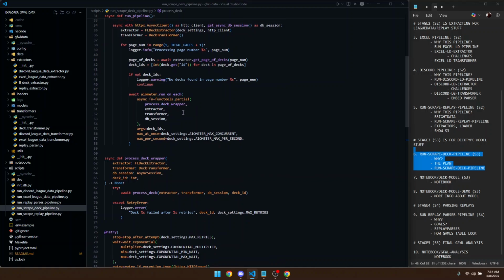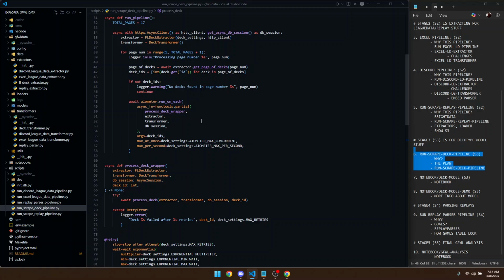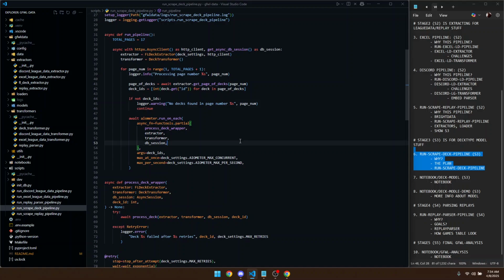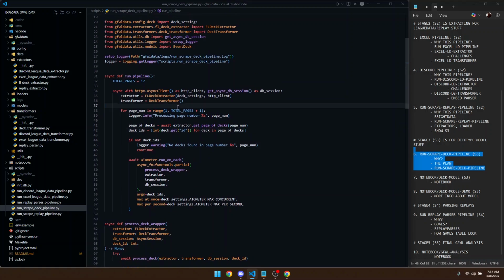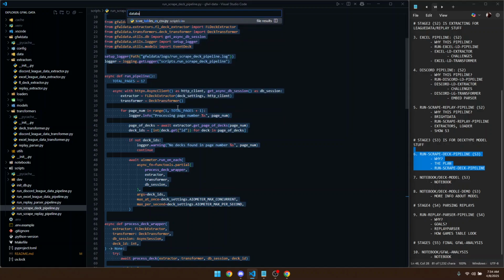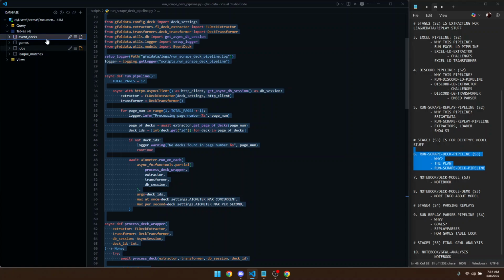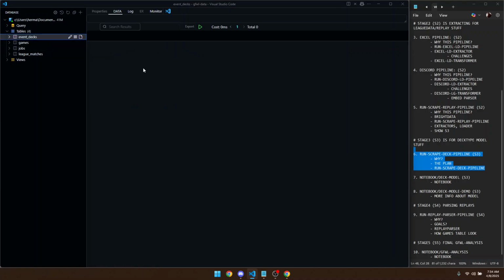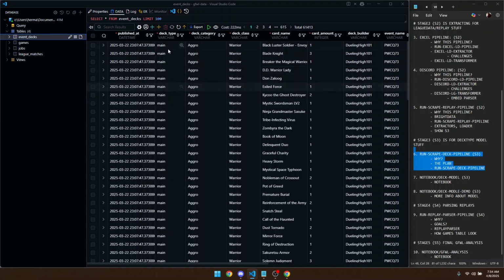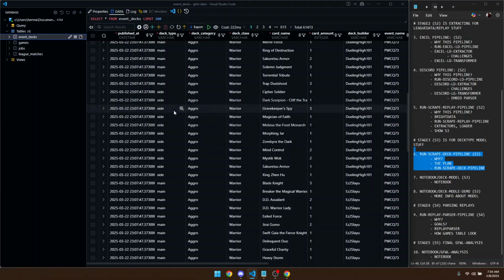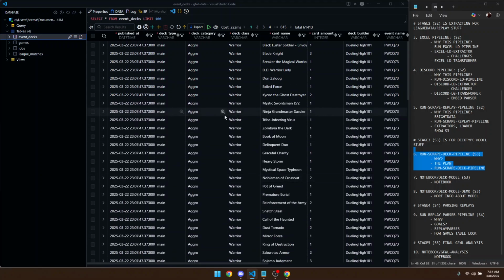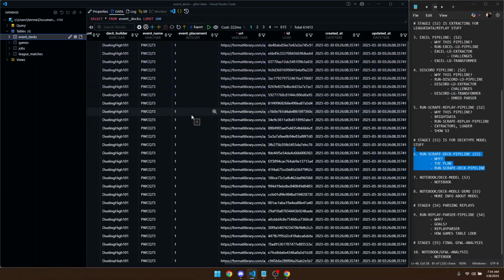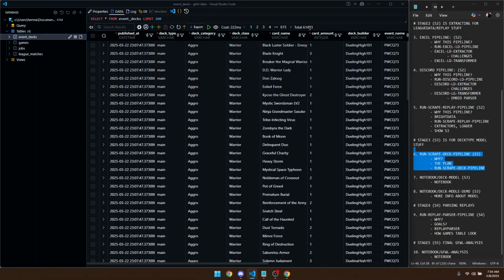So for each process deck function that's extracting, transforming, and loading to the database, I'm going to run this for each 100 decks per page. And this will loop through each page where the end product would be a database. Where the end product would be this, right? So deck type main, and if I scroll down, the same for side. This is what we have now, right? And we have 61,000 rows here, right? So this is all 1,700 decks,